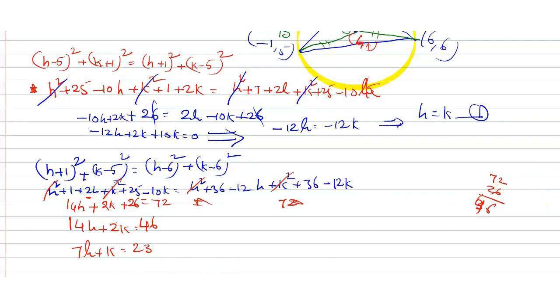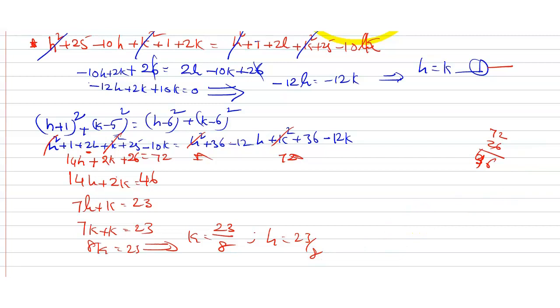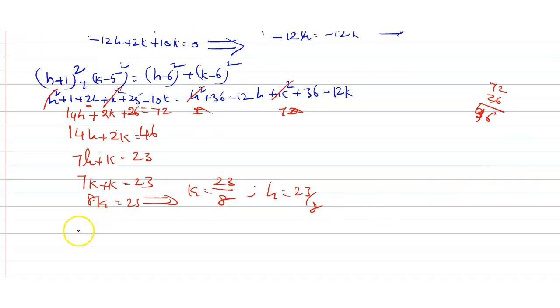That means we know we already have one equation before, that is h is equal to k. So put h is equal to k here, that is 7k plus k is equal to 23. 8k is equal to 23. It implies k is equal to 23 by 8. But h is also equal to k. So h is also equal to 23 by 8. Now the circumcenter coordinates are